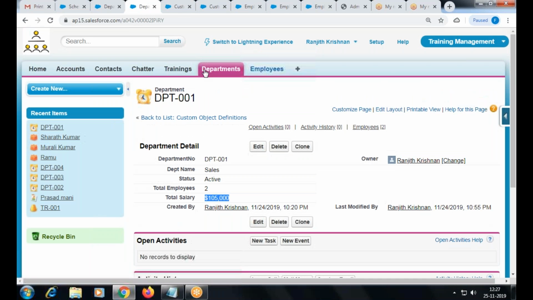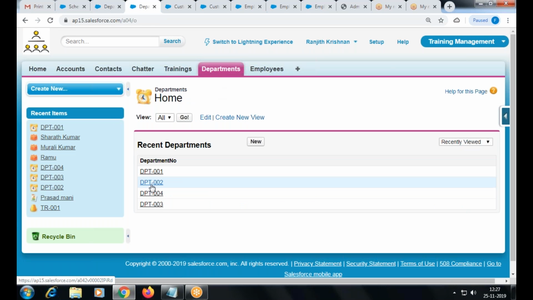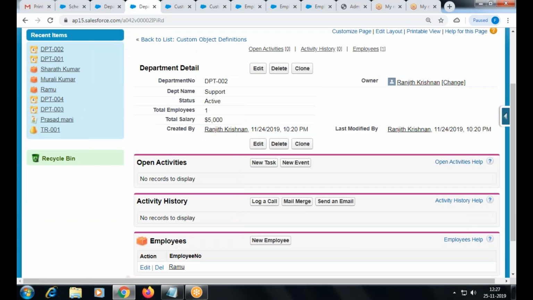It's calculated, right? Why was it not appearing earlier? Maybe I didn't refresh, or it takes some time. Maybe it's available. Okay. So how to display the maximum salary, minimum salary? Again, go with the roll-up function, max or min.